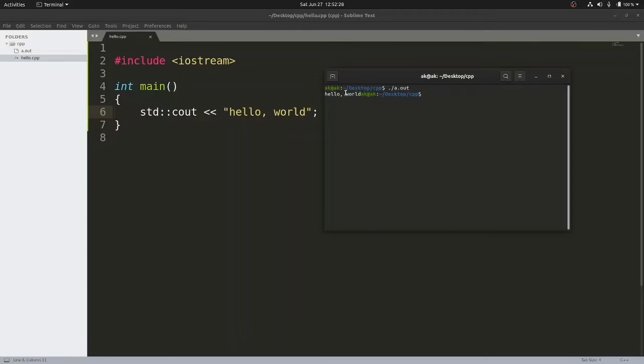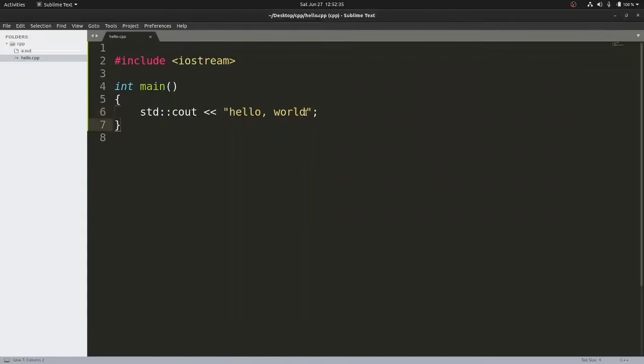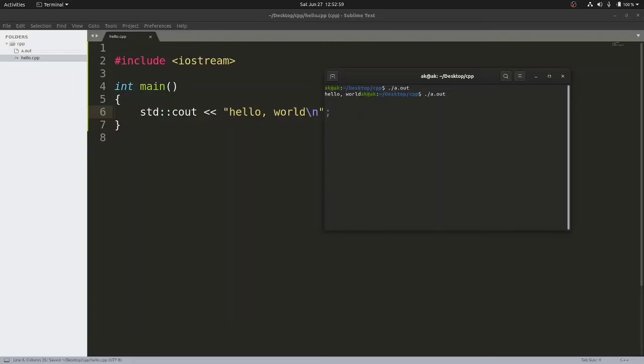If you want this particular string to go to the next line, we need to provide something called the new line character. So this \n is the new line character. You cannot write "new line" here and expect that a new line will be printed. For that we use something called escape sequences, that is a combination of a backslash and a particular character. This set of two characters, \n, tells that we need to move to the new line. So if I save the file and run it again, what do you think is going to happen? See, it didn't change.